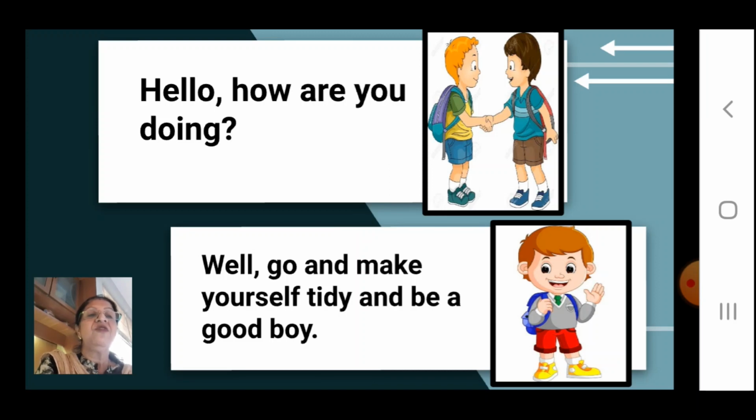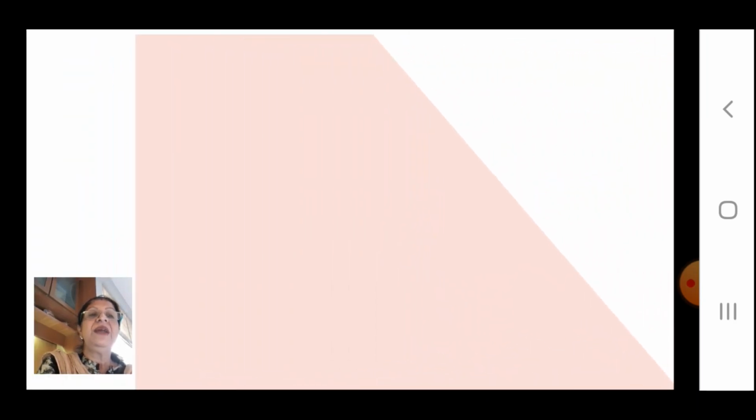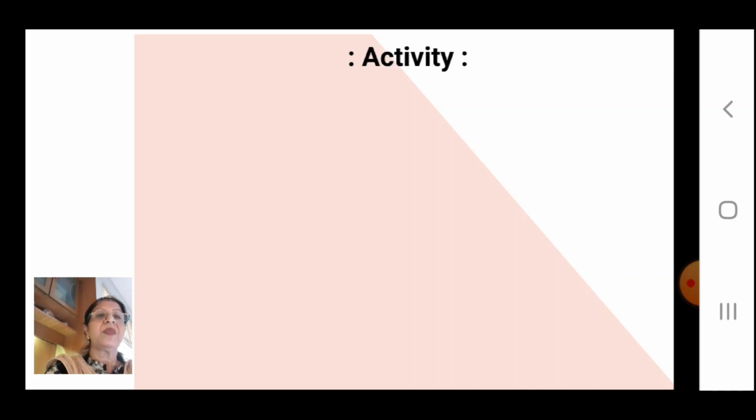So again, children, in part 1, we had done some activities. We had completed that. Now again, we will do an activity related to comma and full stop. So take out your grammar book, pencil and an eraser and open page number 55, because 54 we had completed and half of 55 also we have completed. Now we will start from there. Are you ready?